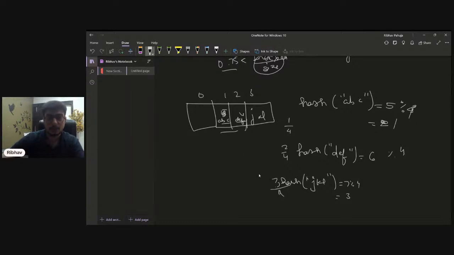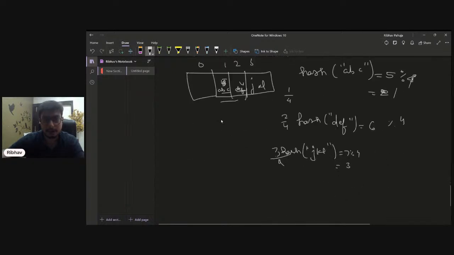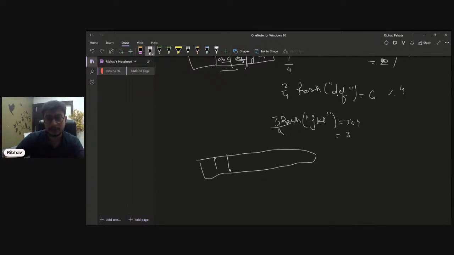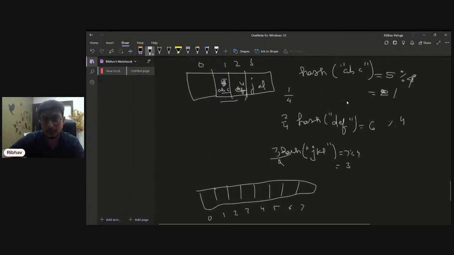So now is the time that we need to rehash our hash map. We'll increase the size of the array to twice, so 8 elements, indexes 0 through 7. The hash of ABC was 5, and 5 mod 8 is again 5, so we'll place ABC at the fifth index.